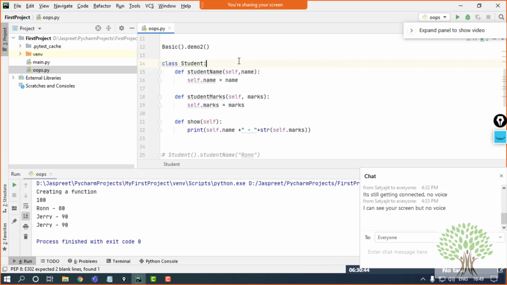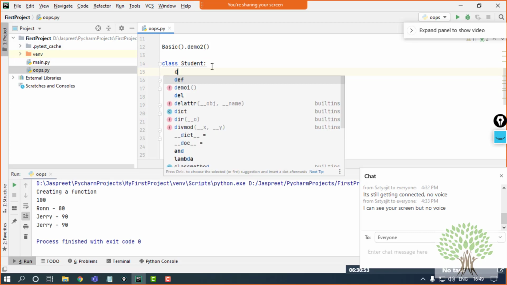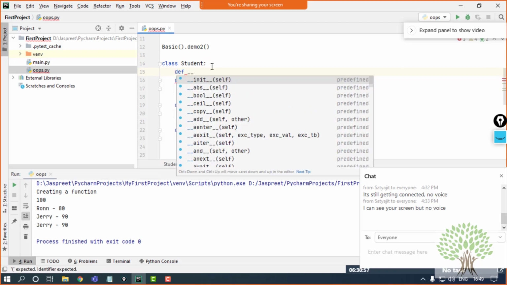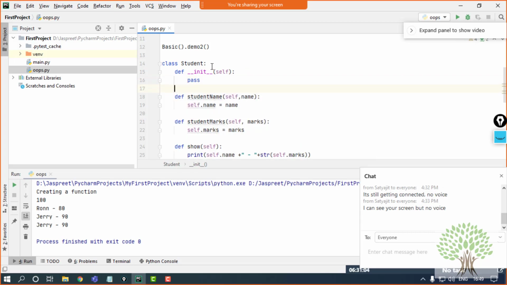I'm not that sure, but it's the same name as the class name. But in Python, there is a predefined name given to the constructor and we define it the same way we make a function. The predefined name is init, double underscore init double underscore. This is the constructor in Python.